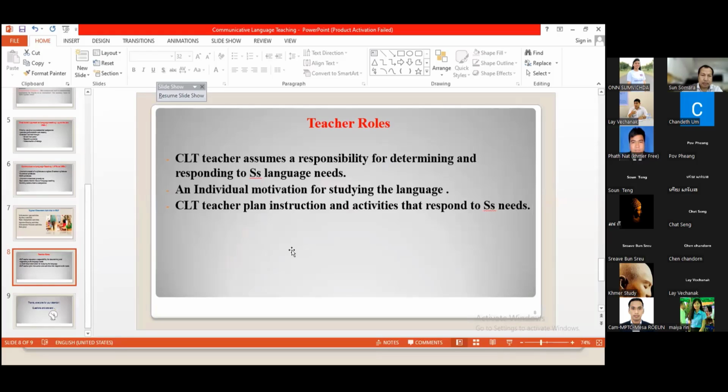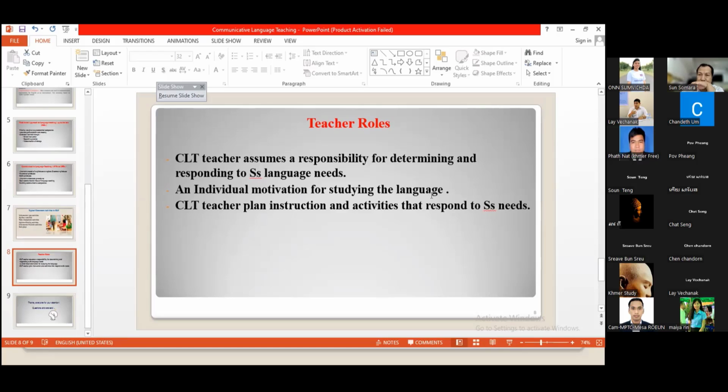Besides that, some students are shy. Sometimes they can speak, but they are shy because in our culture, some students, like girls, are very shy to speak English. So being a teacher, I can write here, earn individual motivation for studying the language. Come close to him or her and ask an easy question, something that just gets them to produce their speaking, like, oh, how are you today? And if the student can reply, I'm okay, I'm fine,